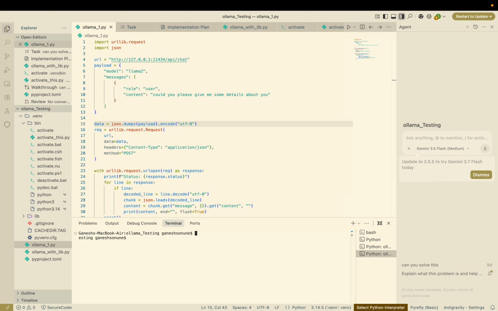Ollama is the platform where you can download your model, use it in your local system, and use it in your project. With the help of this, you can easily implement your project and get the response from there. It's a very easy way: you just download Ollama. You need Ollama in your system, and then you can get